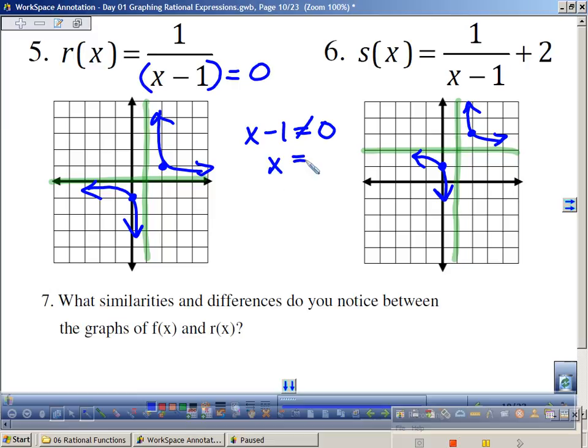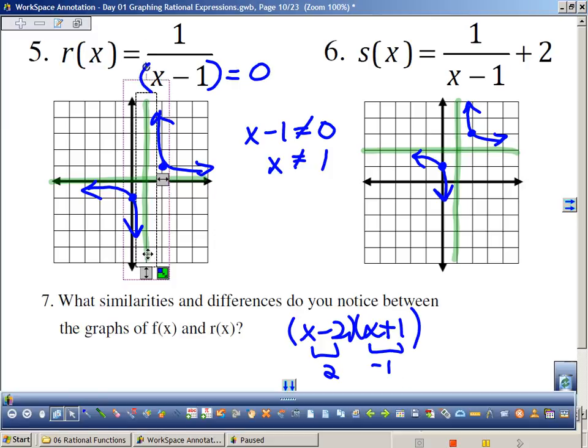If you add 1 to both sides, it can't equal 1. Right? So just like when we were finding our zeros, and I would give you this, x minus 2, x plus 1. Right? And I say, what are my zeros? You'd say 2 and negative 1. Same idea. Right? So if x can never equal 1, that would make sense why I've got a vertical asymptote